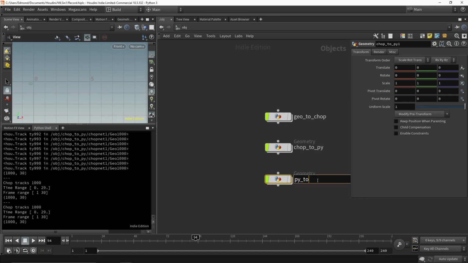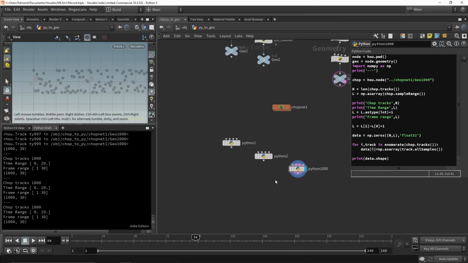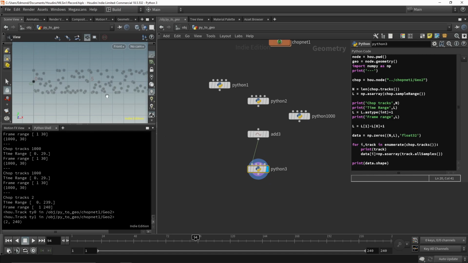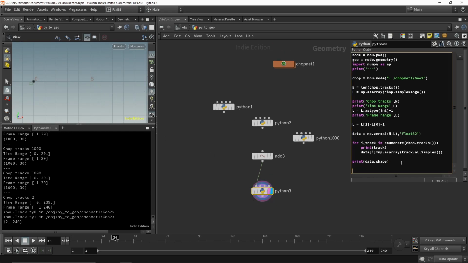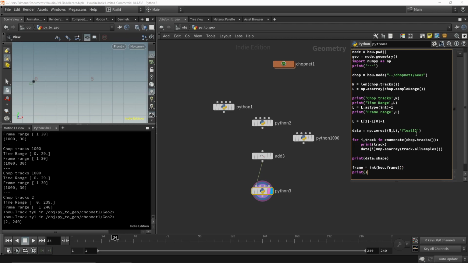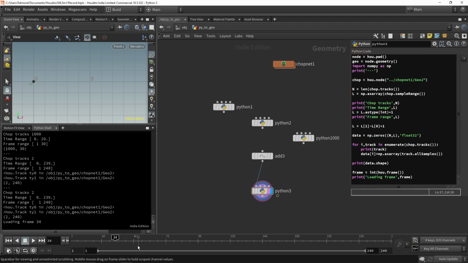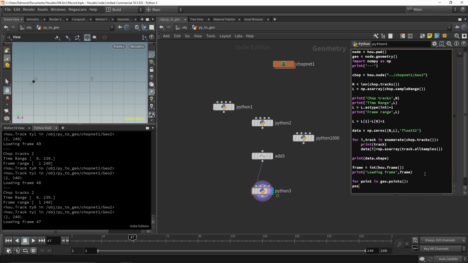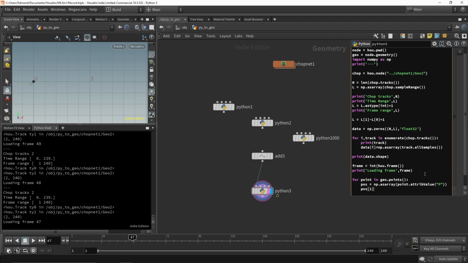To complete this tutorial, I will also do a quick demonstration on how to load the data back to SOP by overwriting the @P.y attribute. To do that, I will create 2 points and load the data from the geo2 node inside the CHOP network. After that, we iterate upon each point to load the current P attribute. The pos variable is now an array of size 3, for each coordinate, x, y, and z. We can overwrite the value in index 1, which will be the y coordinate, and write it down as attribute.